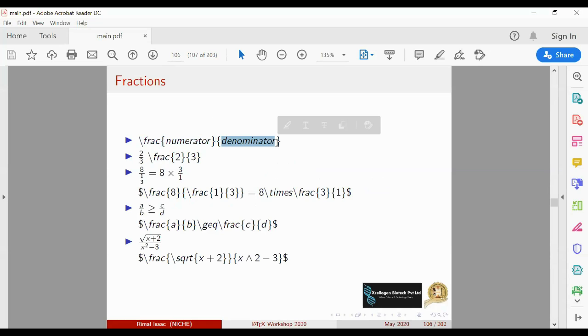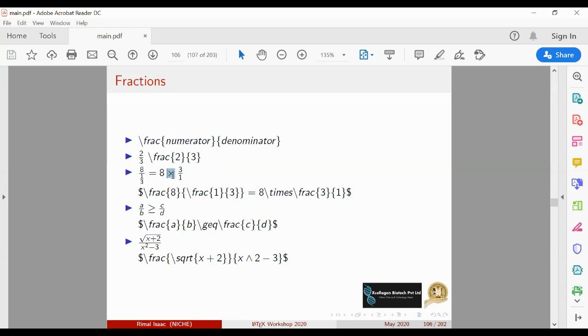So if you put \frac 2 and 3, you'll get 2 divided by 3. You can also have multiple fractions: you put \frac, and inside the bracket another \frac with 1 by 3. So you'll get 8 divided by 1 by 3.